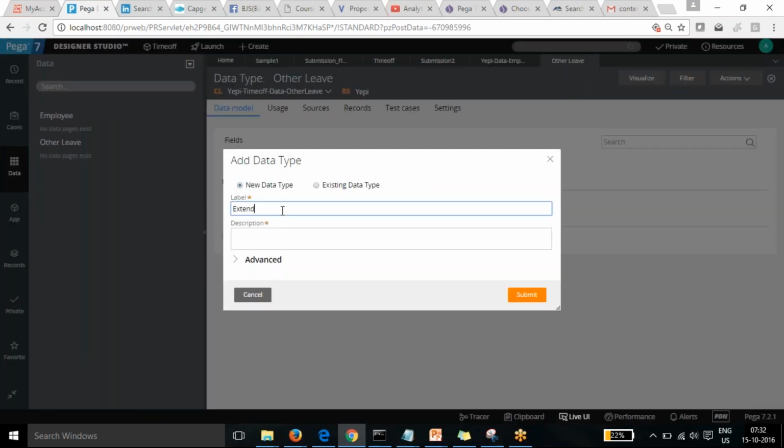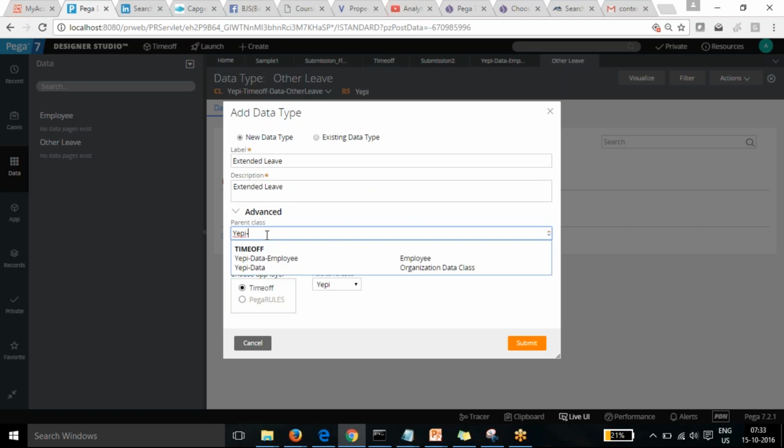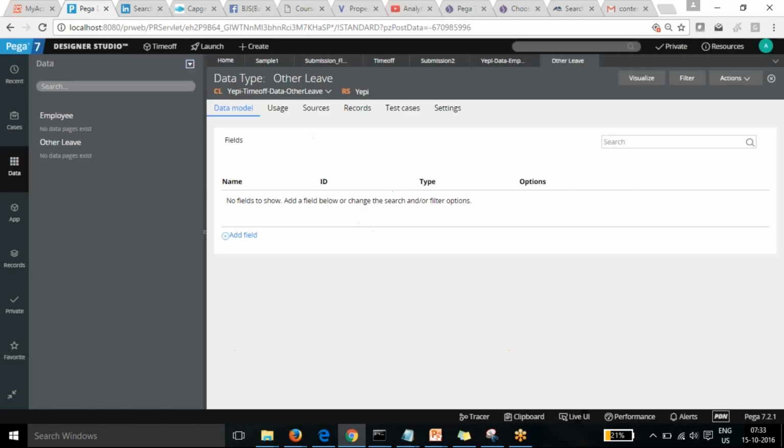So this one I'm going for extended leave, and again I can change that back to when to use the time of data, so that it will be created into the implementation layer only. So I can choose the time of rule set as well. This is required from the rule of an essay. So we can just create, and we don't go to advance that one. So we can just keep that one as well. So that's the final one I'm going to create.